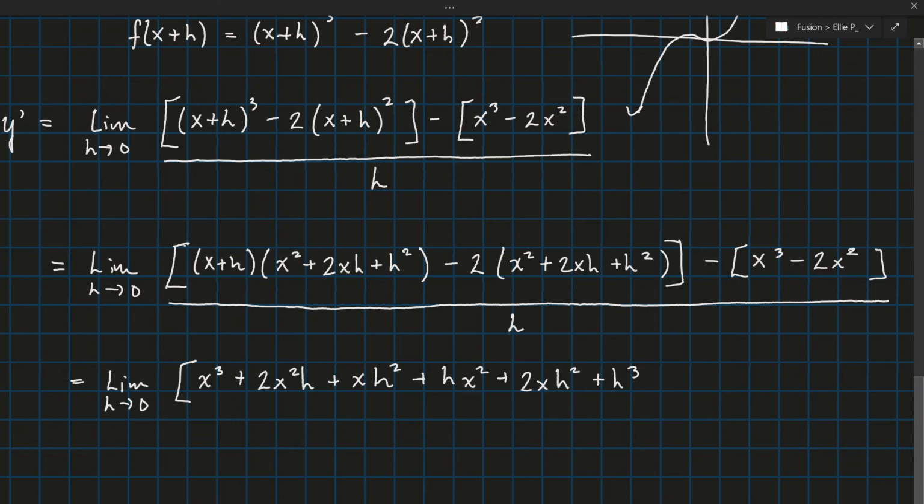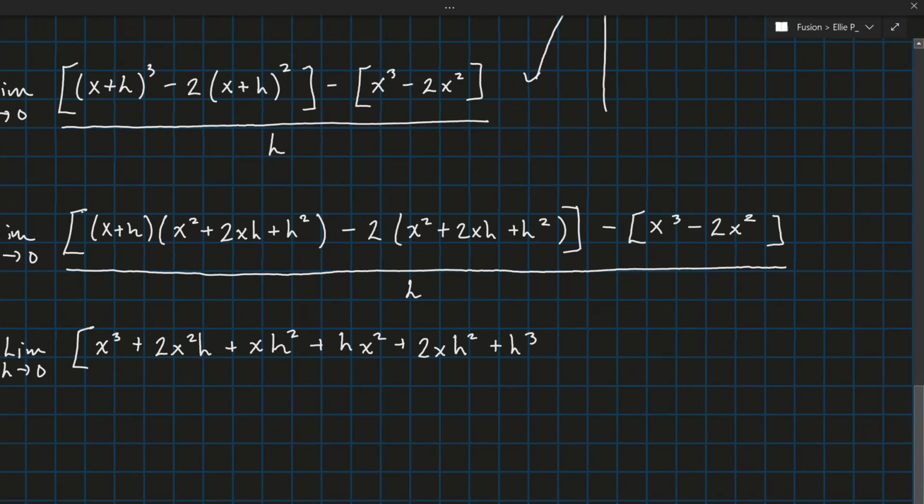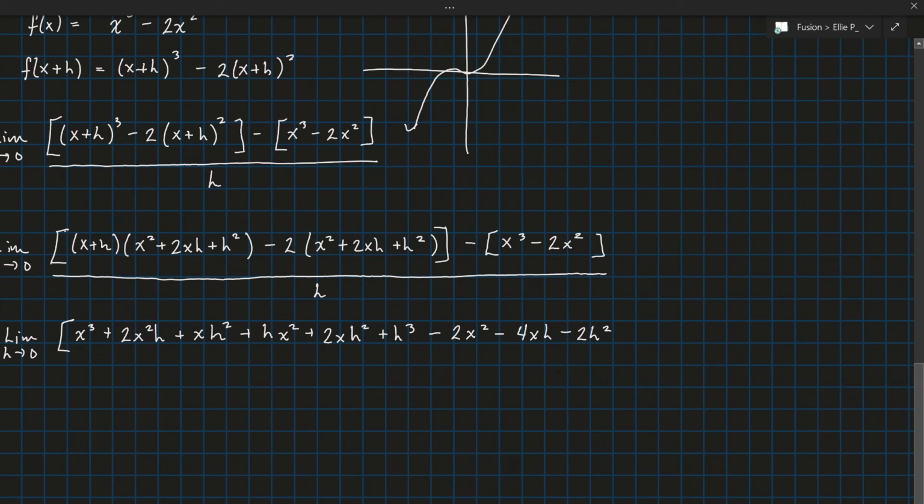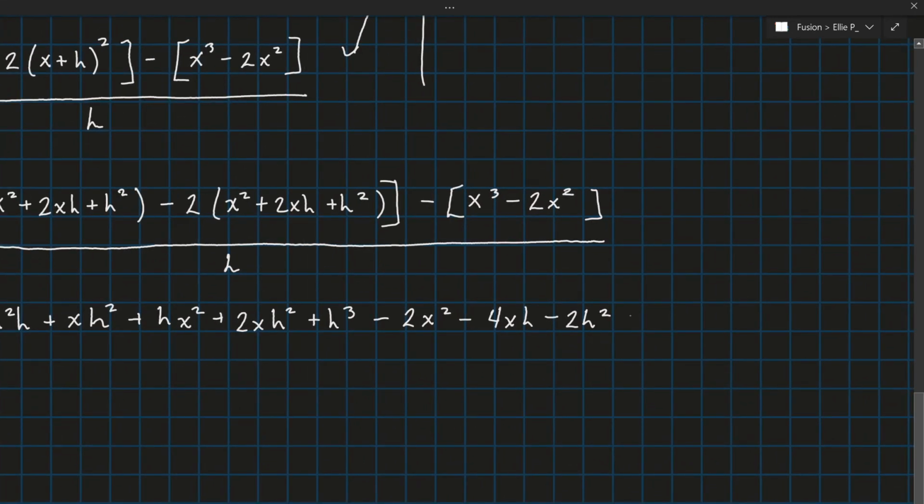Good God. Oh, yeah. And then minus 2x squared minus 4xh minus 2h squared. And then we can just get rid of these brackets. Minus x cubed